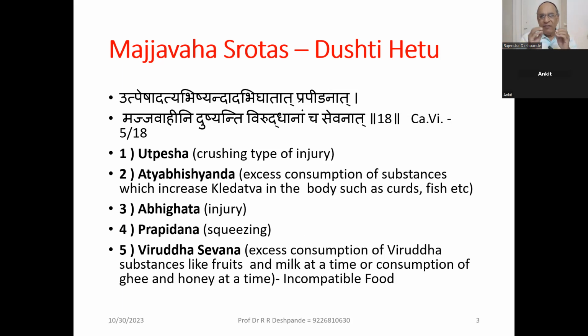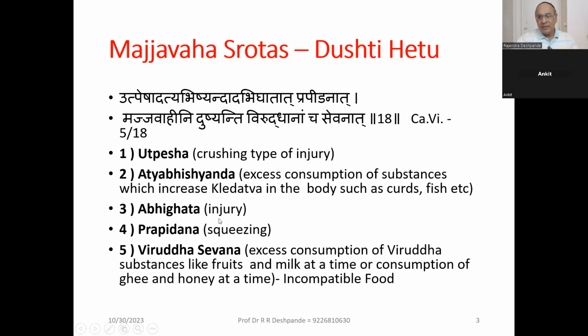Kleda is a liquid waste part created during tissue metabolism. So all the body tissues secrete unnecessary pathological secretions, that is kleda, and that will block the different channels. If we eat curd a lot of the time, or South Indian dishes like uttappa and dhokla, they are fermented products, and fermented products mean abhishanda. They will increase the kleda and that can block the srotasas.